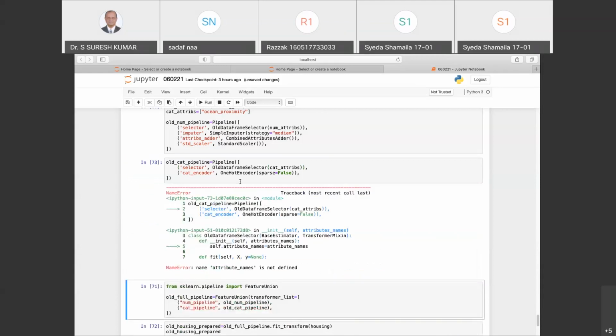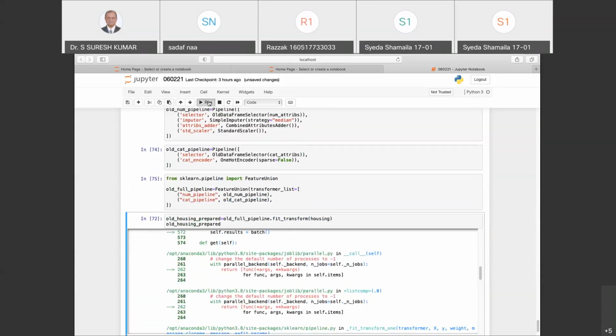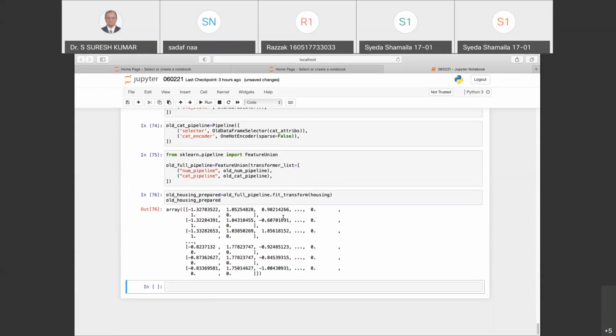So attribute names again, some F there. F capital, old data frame selector. Yeah, that's fine. Now it's fine.